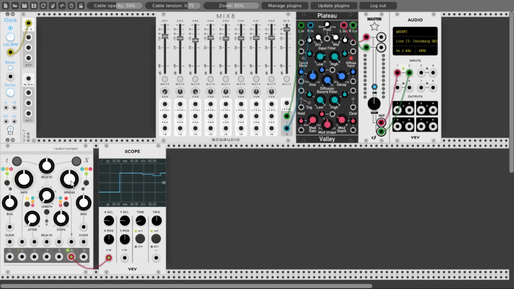Now the bias knob allows us to offset the range up or down. So if I take, for example, the spread knob all the way to the left, it will not spread the signal and we will stay in the middle. And you can see when I turn the bias knob to the left, the voltage will go down, and if I turn it to the right, it will go up.